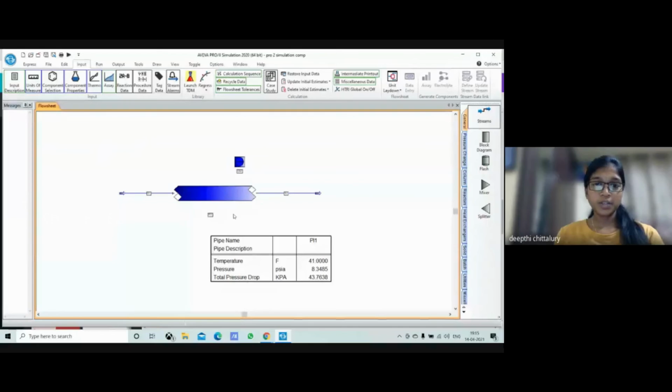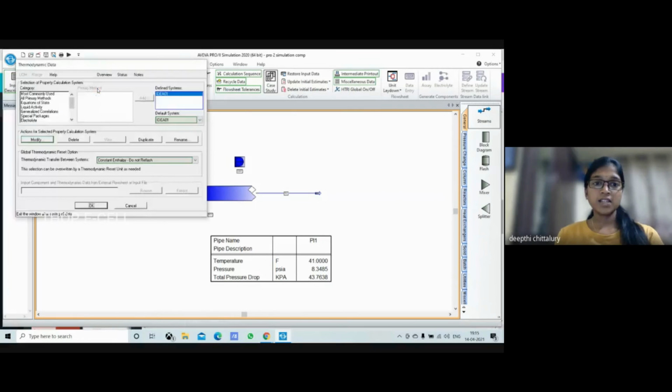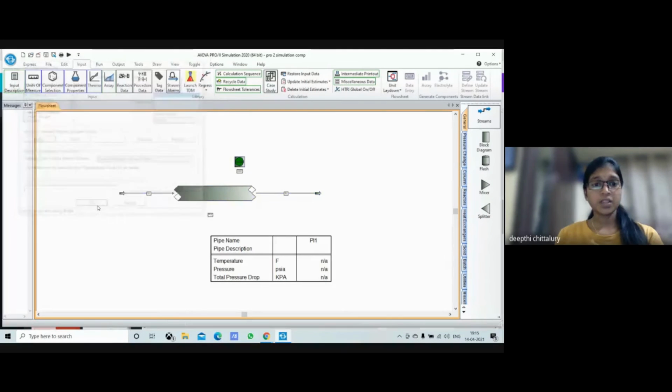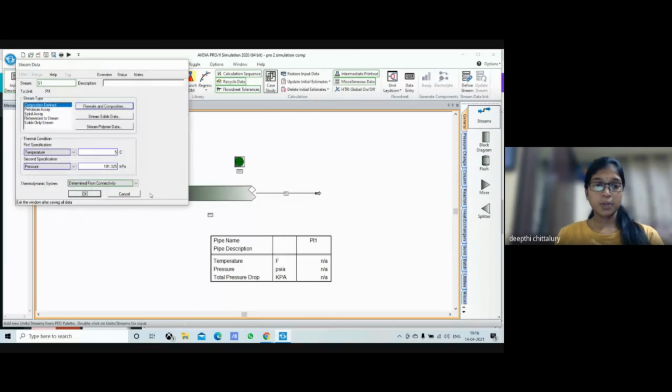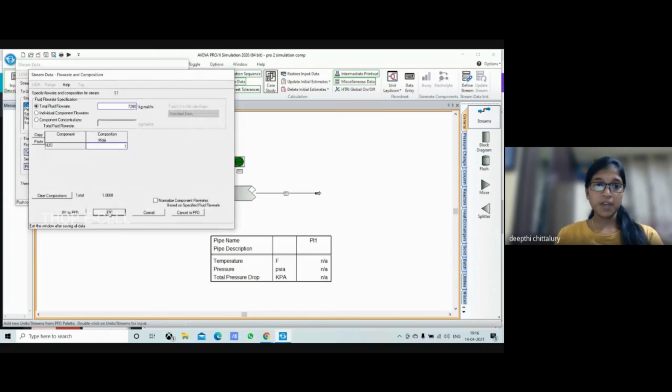Moving on to the demo, the method of approach. As mentioned in the question, first we give the inputs like units of measurement, component selection, component properties, and thermo. Water is the component, with density and viscosity as properties, and we selected thermo as ideal as there is no specific condition mentioned in the question. Moving on to the thermal properties like temperature and pressure. If we see the question, there is no value mentioned for the flow rate, but we have given it here.